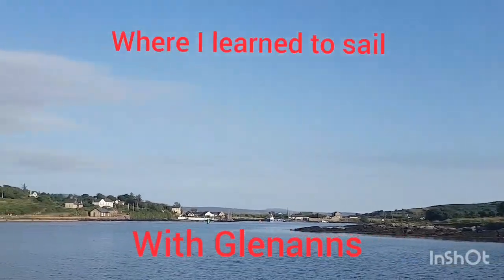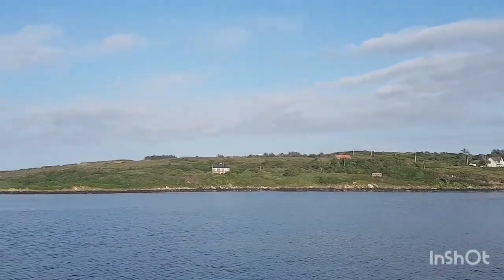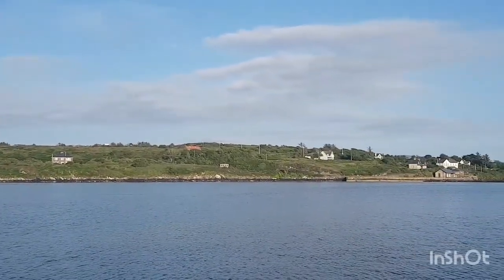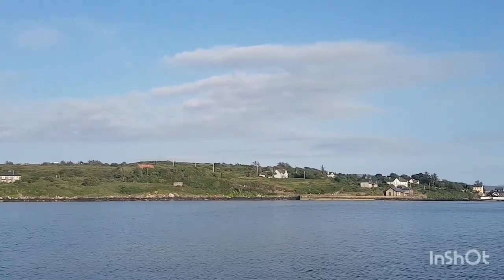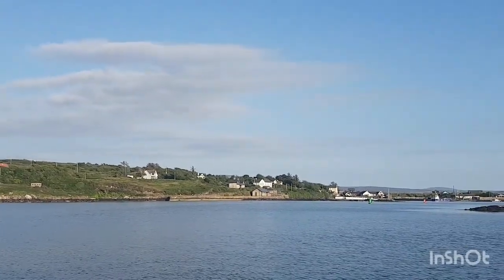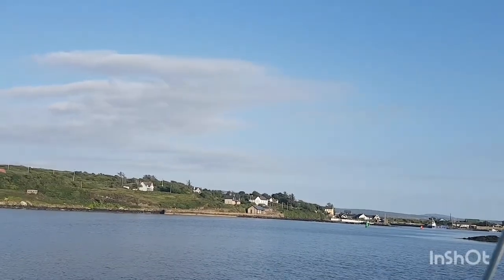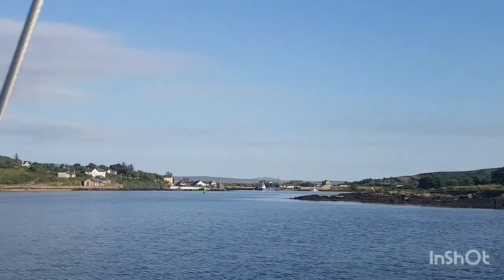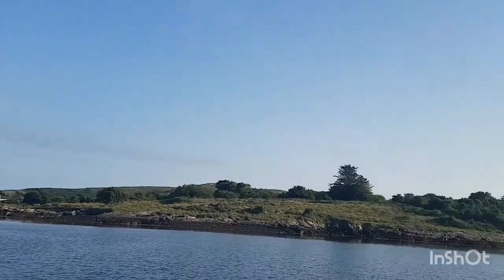Welcome to Lawrence's Cove. First time in 29 years I've been back. This building over here is the Admiral's house, and then you have Kamikaze Bay, where we used to launch the Vorians from. And those stone cut buildings were the other accommodation for the sailing school. And then straight down here is the village of Rearan. This is Lawrence's Cove, Bere Island, Bantry Bay,